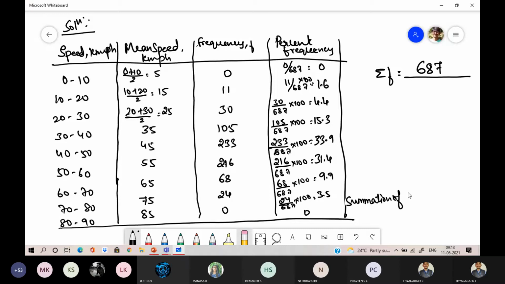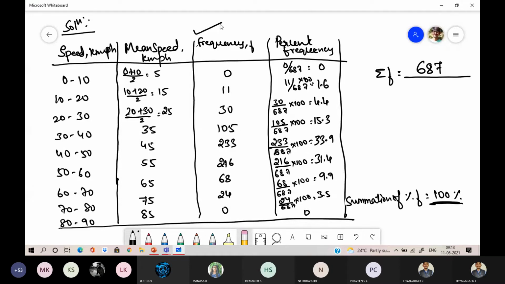You should get the summation of percent F is equal to 100. Are you getting? Check it. Yes, sir. You add all this value, you will get 100. If you are not getting, then simply write it as 100 only. Why? Because somewhere there will be decimals. If there is any problem with the decimals, there will be some error, that is 99.6, 99.8 like this. So round it to 100.